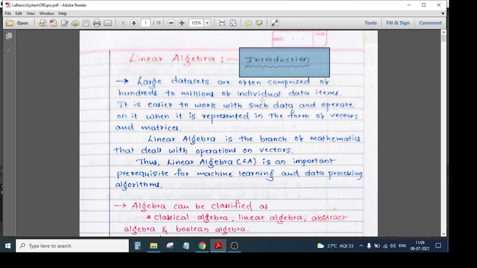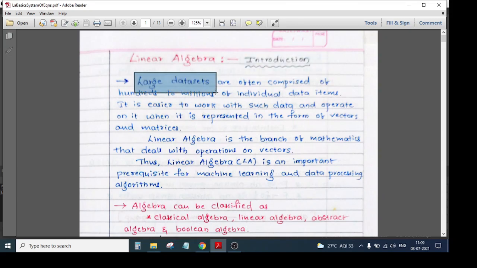See, linear algebra is one of the very major disciplines of mathematics, and it basically deals with vectors. So if we want to understand linear algebra, we should have knowledge of vectors and matrices. When these two are combined together, we'll get a glimpse of what actually is linear algebra. Okay, so where is this linear algebra used? Before going into that, let us go through the definition.